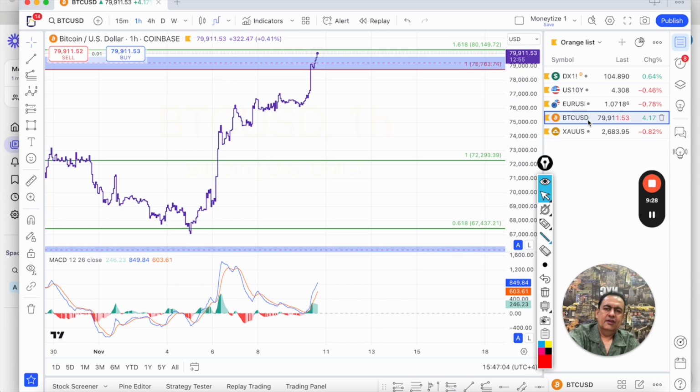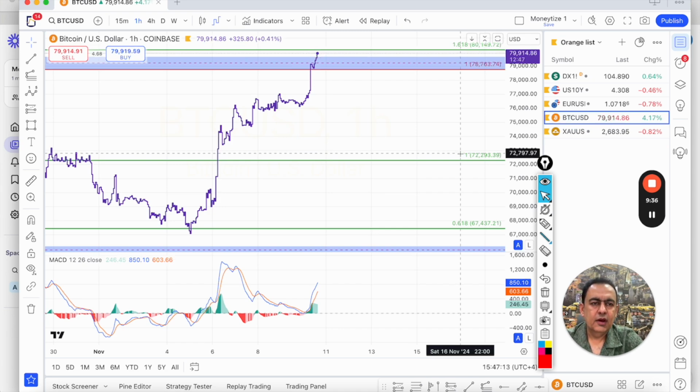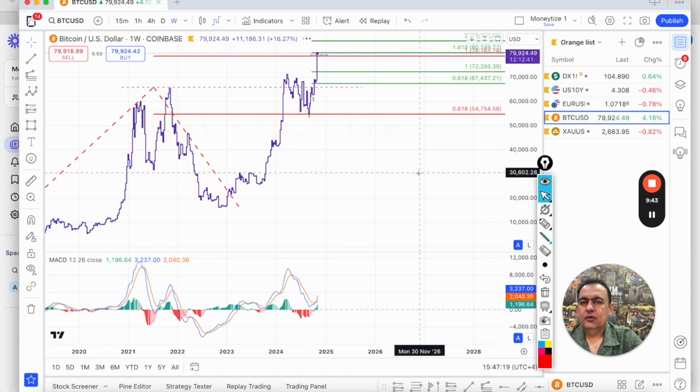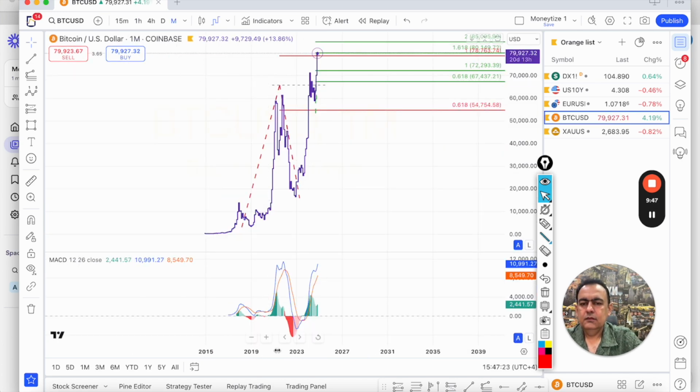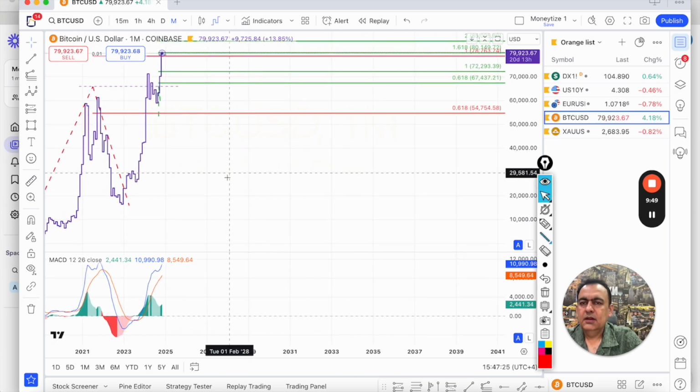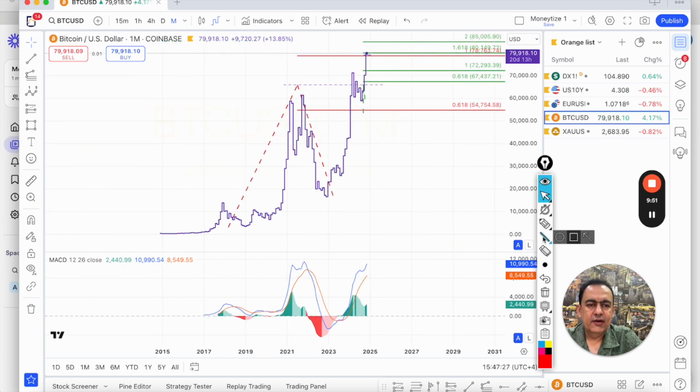Now, post-election, the entire crypto market is looking very promising. In fact, I've also covered Dogecoin in one of my weekly videos a couple of weeks ago, and it has rallied beautifully. Now, I'll come to the weekly chart. In fact, I'll start from the monthly chart here. So looking at the monthly chart of Bitcoin, I've applied Fib extension on this rally. So this is the first Fib extension I've taken on my chart.